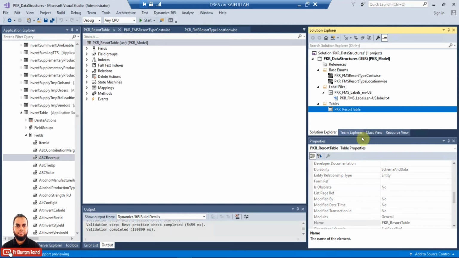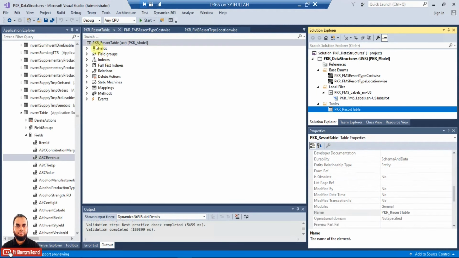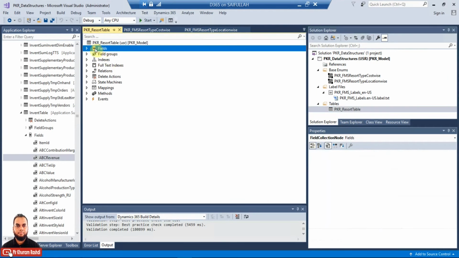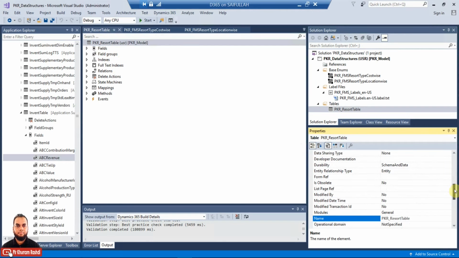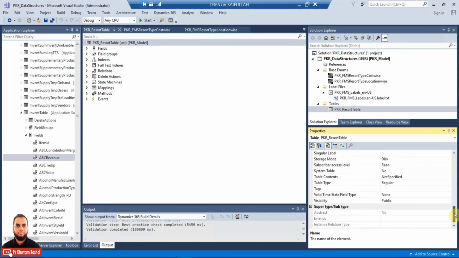So we have just created this table and it is in our workspace now, or the canvas. You can see it, and we need to also select the table group property.